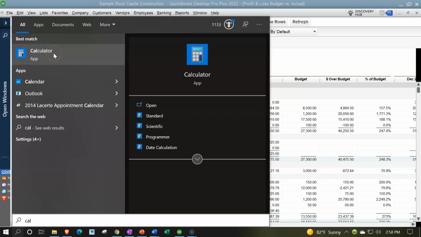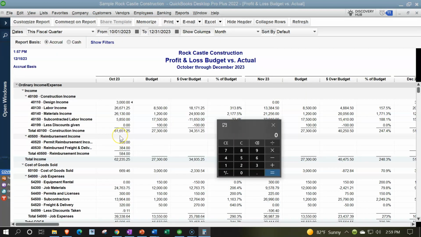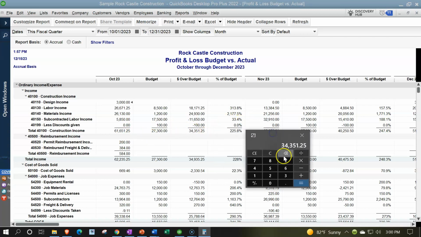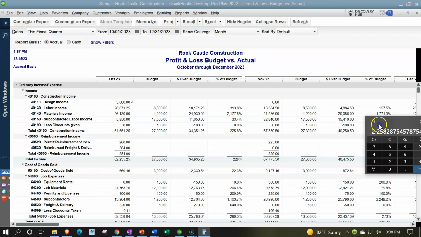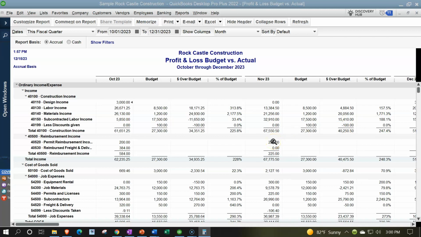We need you, calculator. So if we were to take the actual number for the total down here, which is the 61651.25 minus the budgeted amount, which totaled up to the 27300, we got that difference. There's where the difference comes from. The percentage then, I'm going to take the actual number, which is this 61651.25 divided by the 27300, and that, if I move the decimal 2 places over, is where this 225.8 is coming from. So this report then can give us an idea of what we expected to happen, what we budgeted